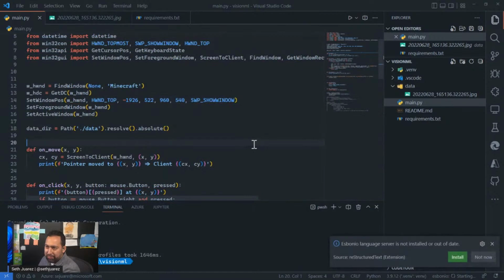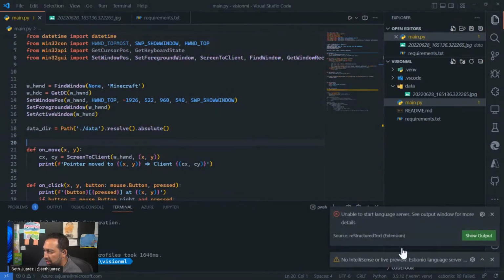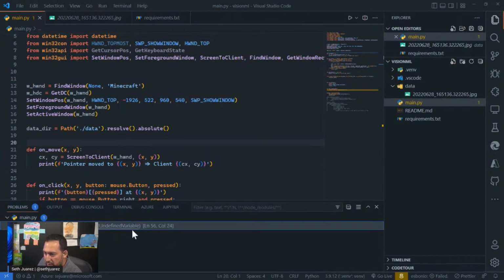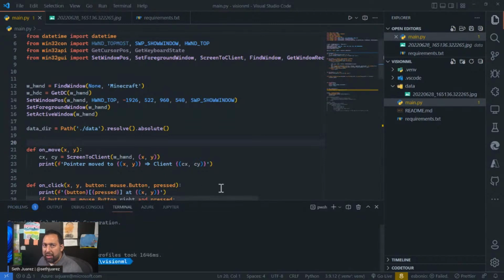So recently I saw, I don't care about the language server. Recently, I saw that there was a really cool model from OpenAI that played Minecraft, and I thought, I want to make something dumb like that, but how would I ever do that?